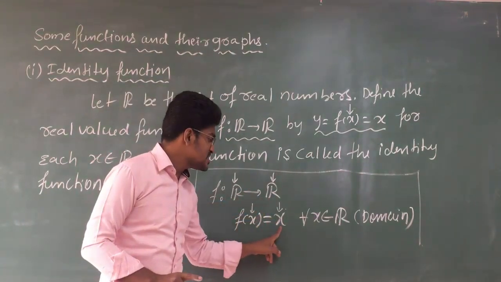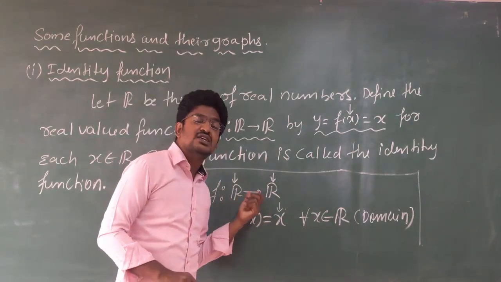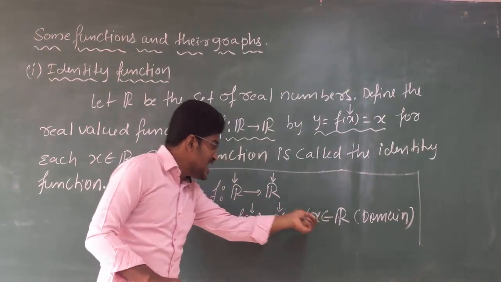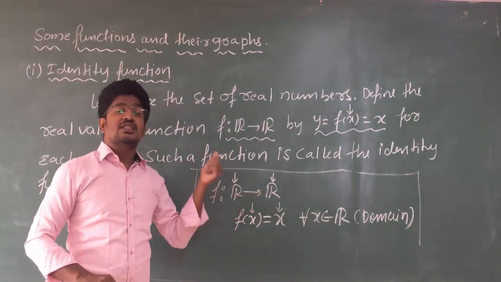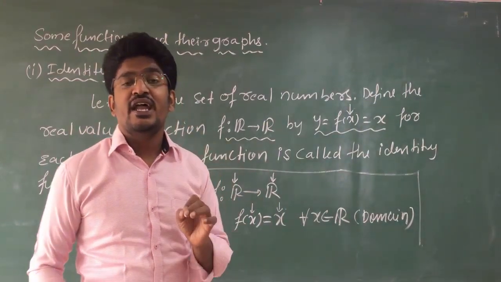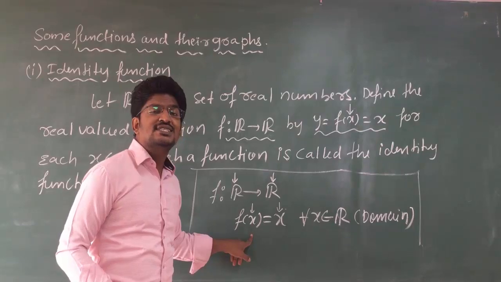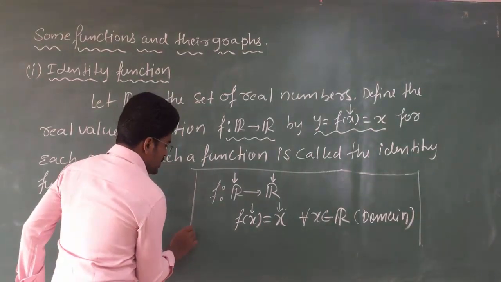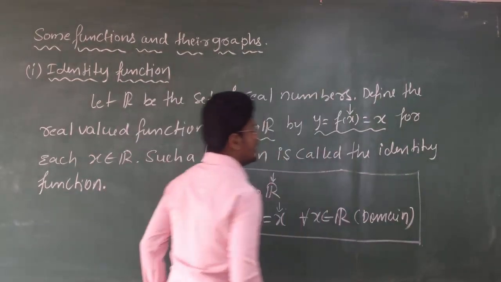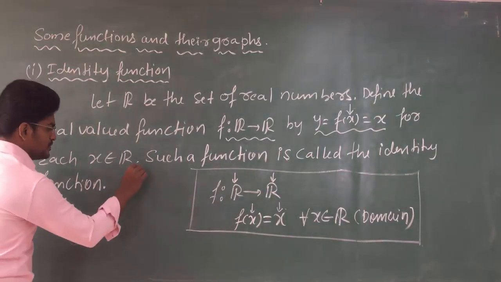Both x are the same. Clear? So if a function satisfies this condition for every element of the domain, then we call this particular function an identity function. Very, very important. Clear? So now if you want to draw the graph, see here,